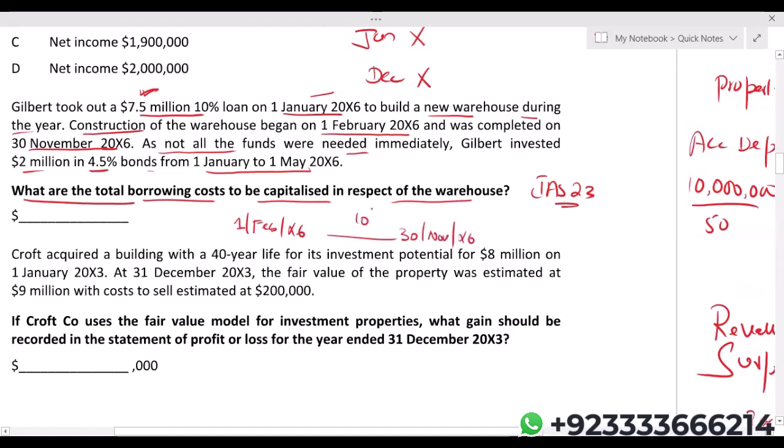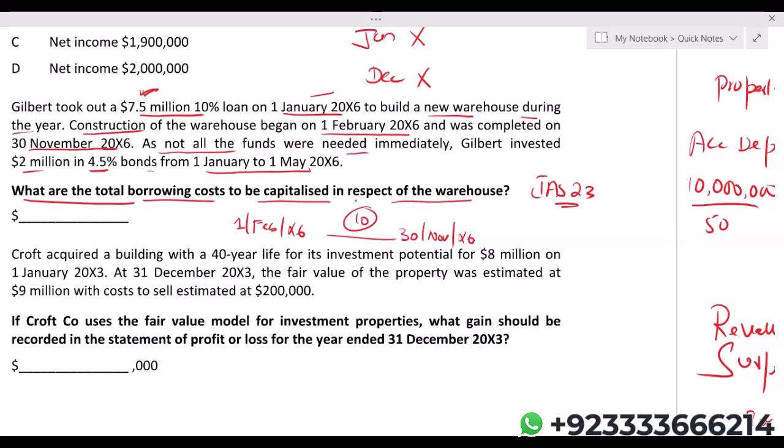These are the 10 months. Out of the borrowing cost this company has paid, only 10 months of borrowing cost will be capitalized, and the 10 months start from 1st Feb X6 and end on 30th November X6. Now listen carefully. The borrowing costs of these 10 months will be capitalized, and during only these 10 months,